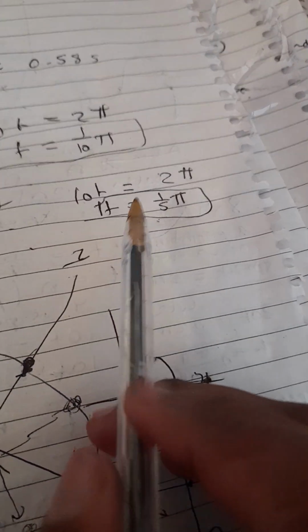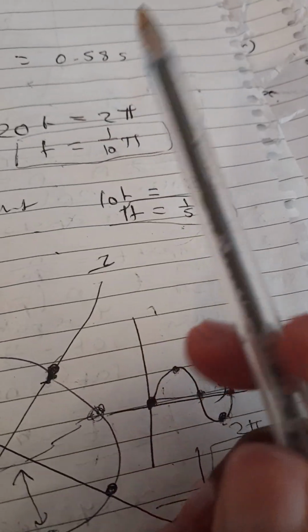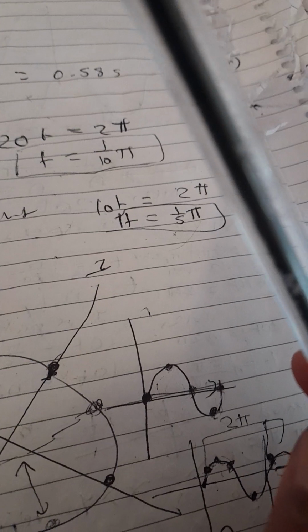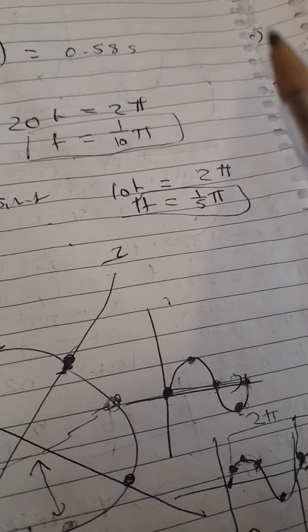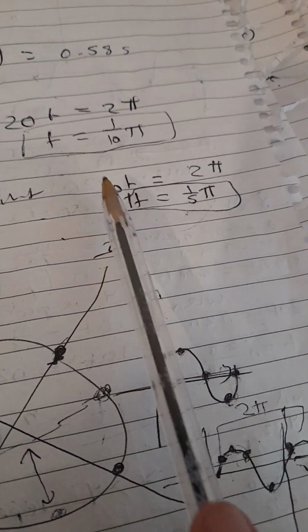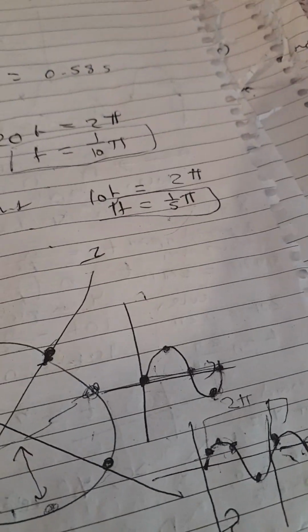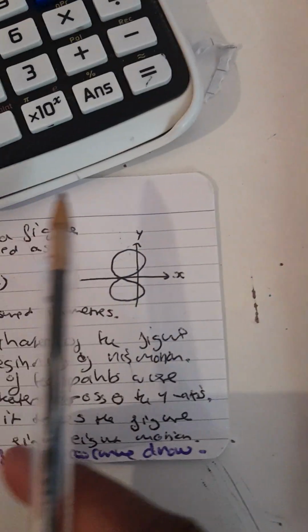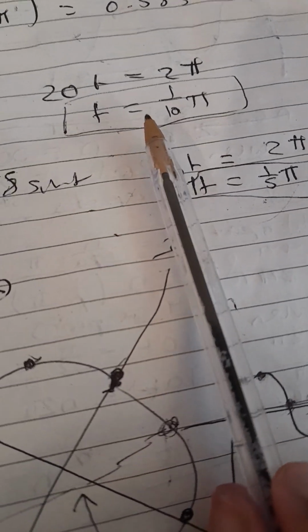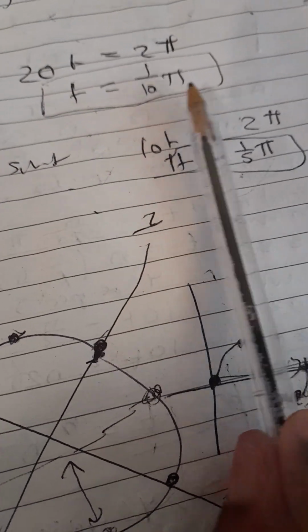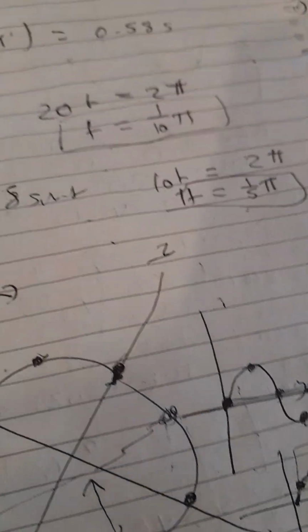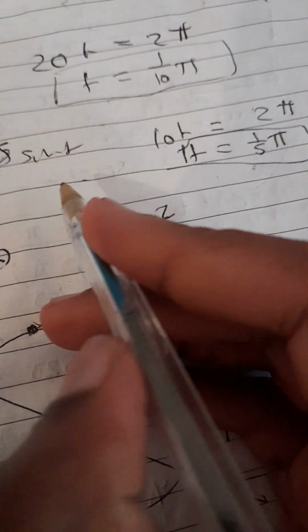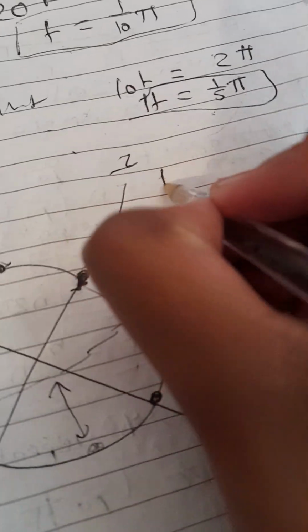But we know that one of these is like a lie. A circle can be completed with just one of the values, either x or y, doing a full loop, and this is the lower value. So a full loop, and by loop I mean a complete figure eight, has been completed by x in 1/10 pi time. That's the time it takes to complete a full loop, and y is just the limiting factor. So the time it takes